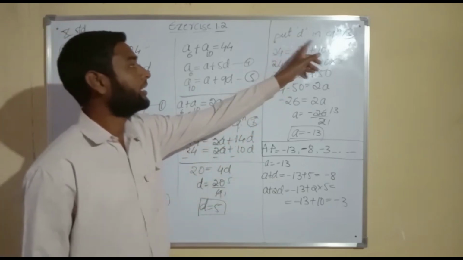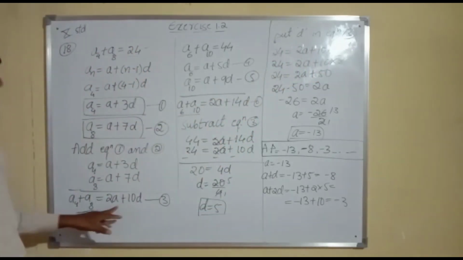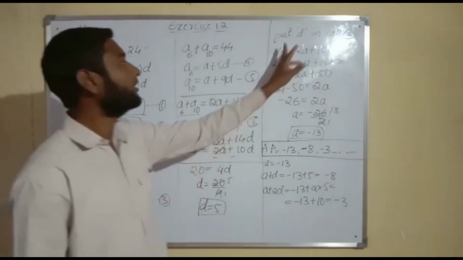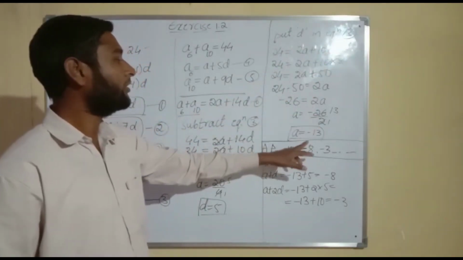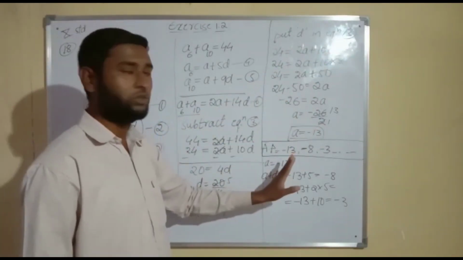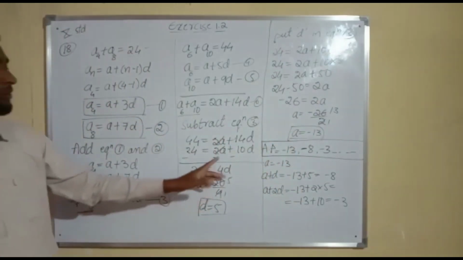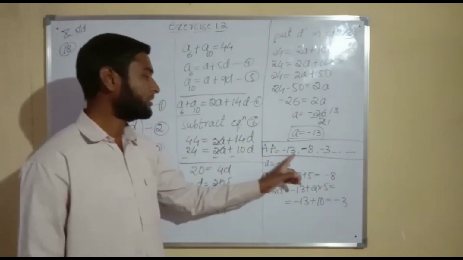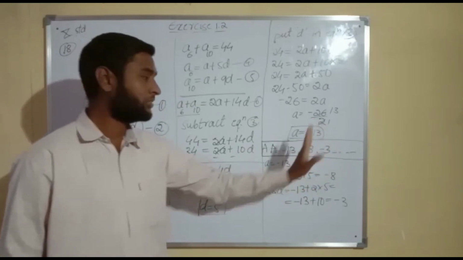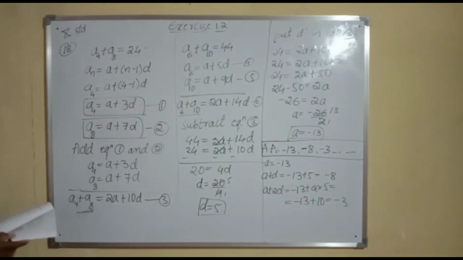The value of d that I have put in equation number 3. So when I put the value of d in that, I got the value of a as minus 13. Okay, with the help of a and d, I got the three terms as minus 13, minus 8 and minus 3. Say after that